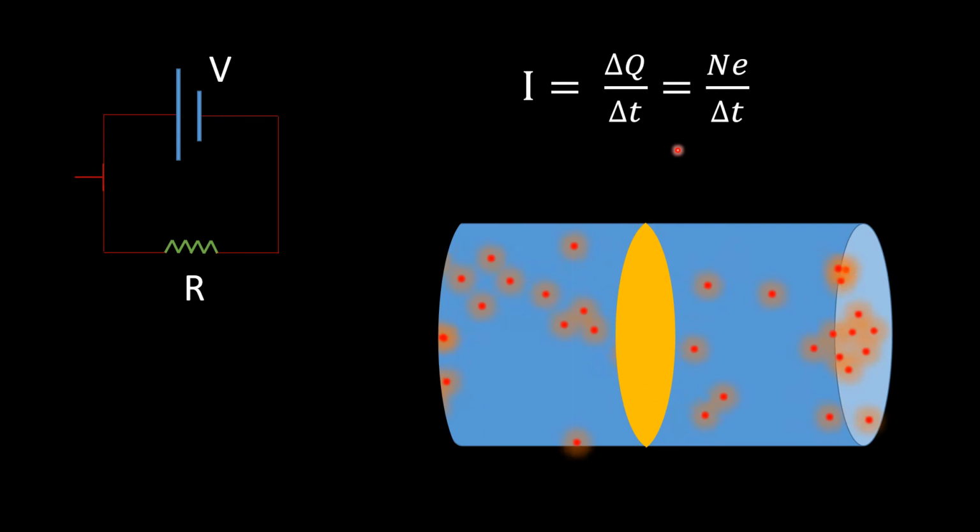Now sometimes it happens that the cross section is not uniform. So consider a conductor where the cross-sectional area is not uniform, like in the left part it is wider, the cross section is bigger, and as you go to the right side, the cross-sectional area is decreasing. What happens when you connect this type of conductor to a battery? Here the electric field is going from right to left. It means that we must have positive charge on the right side and negative charge on the left side. So the positive terminal of the battery is connected to the right end of the conductor, and the negative end of the battery is connected to the left end.